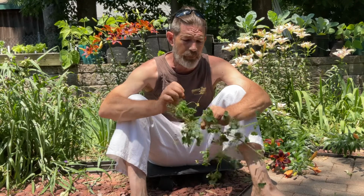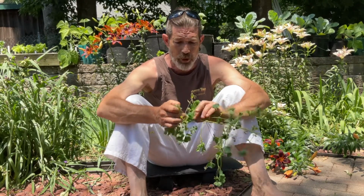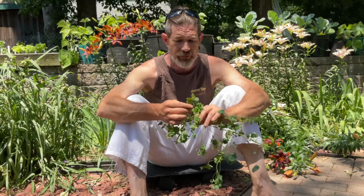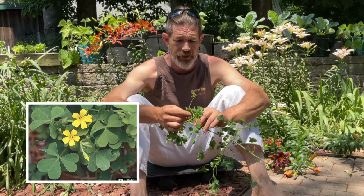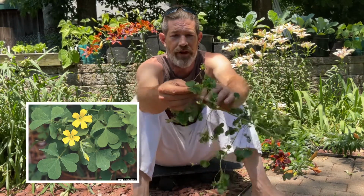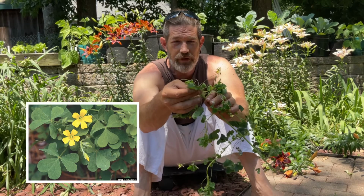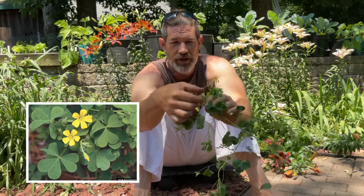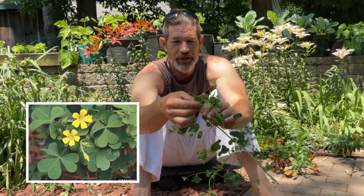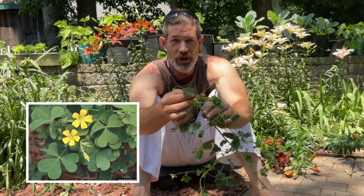So as you can see, just like your purple clover, it does have 3 leaves on it. The difference is the way the leaves are. If you can see at the very end, there's kind of a heart shape. It's usually three petals like that, all connected in the middle. It does have kind of a heart shape to it. They are a solid green,